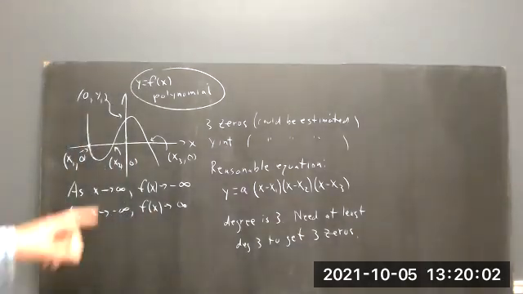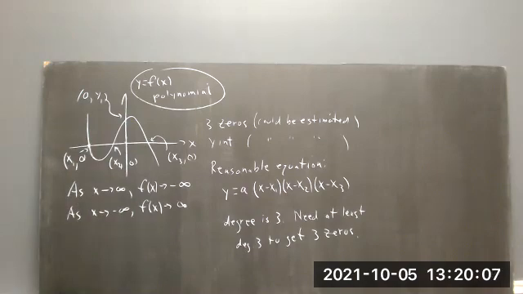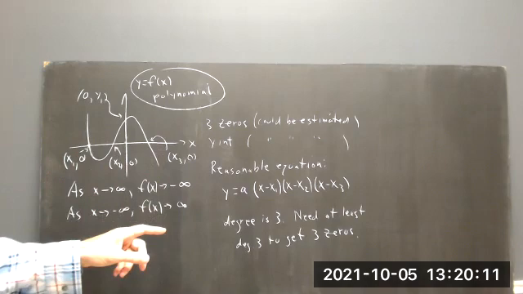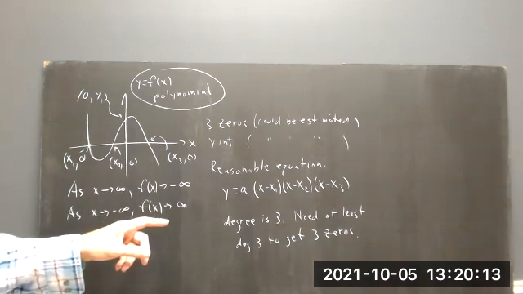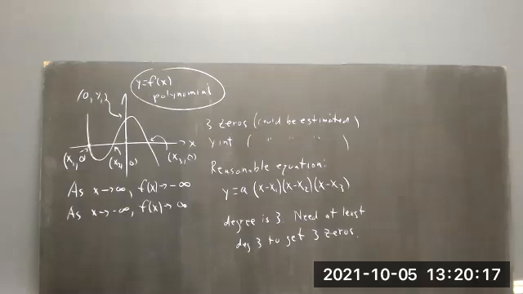It's got to be at least equal to the number of zeros. It's got to be at least one greater than the number of turning points in the graph. One other thing I'll say about it is